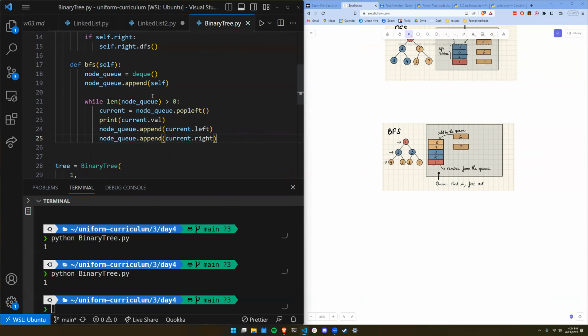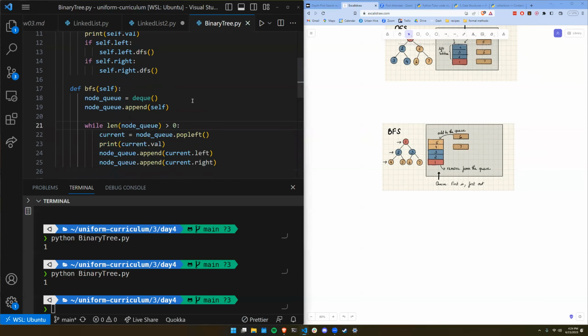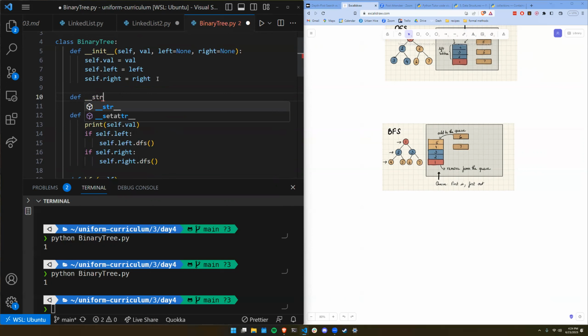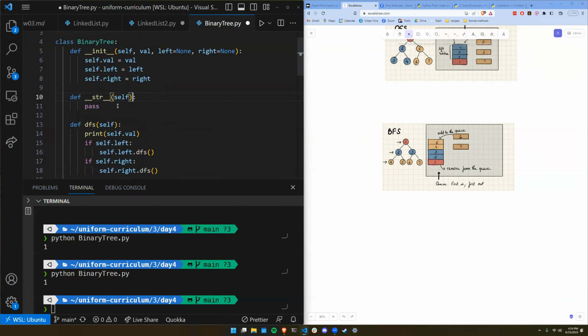So I believe, if I'm doing this right, one way we can see this is to print the node queue each time. Although I guess we would just see the memory address of the thing. So maybe, in order to print it, I'll add a print statement for the binary tree, where I'll say, if I want to print a binary tree, I'm just going to return something like "tree with root",